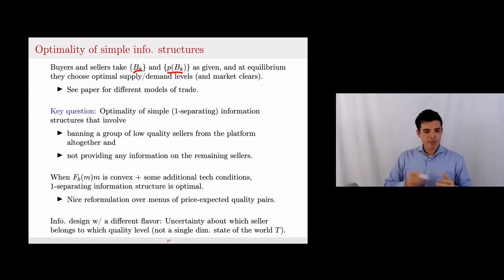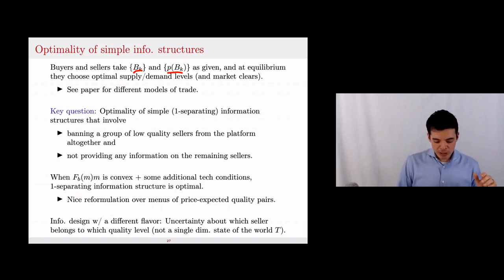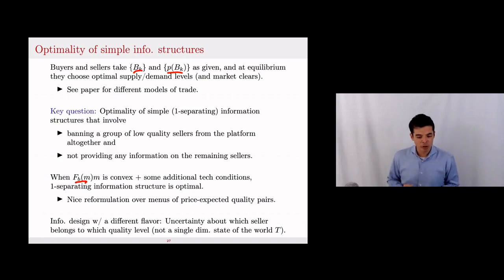It turns out that these types of simple information structures are optimal when the buyer's value distribution satisfies some constraints. In particular, when this function F_B, the buyer type distribution, evaluated at M times M, is convex, and if some additional technical conditions hold, then one separating information structure is optimal. And along the way, they provide a nice reformulation of the problem of the platform over menus of price and